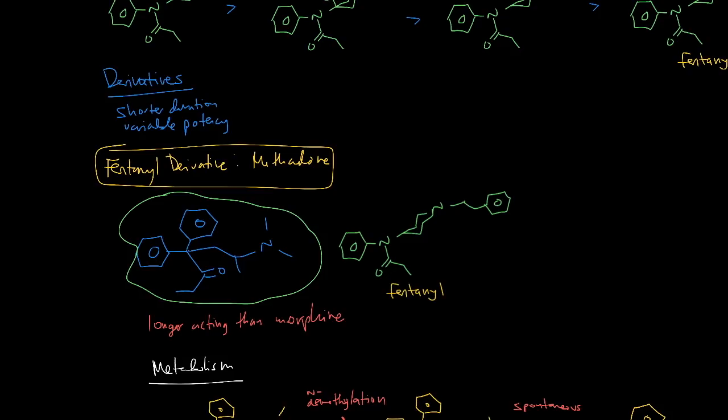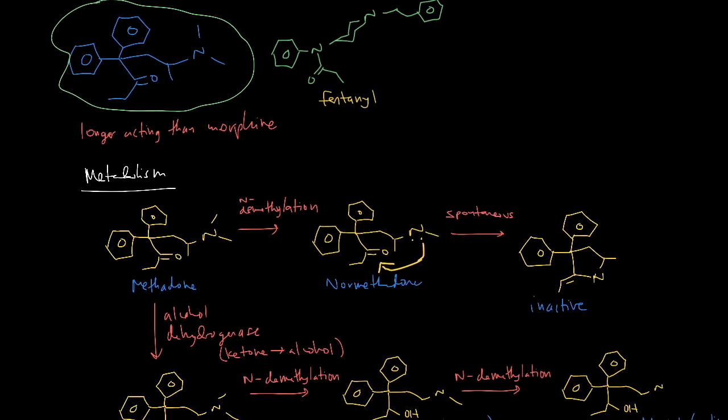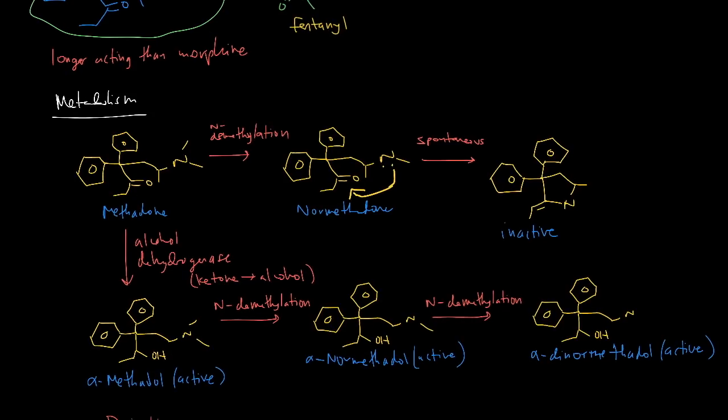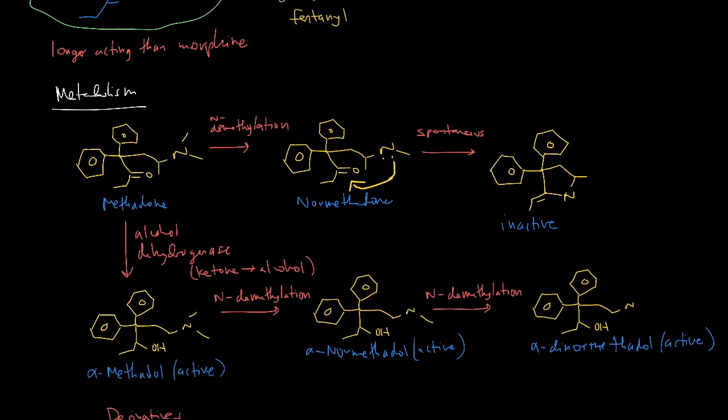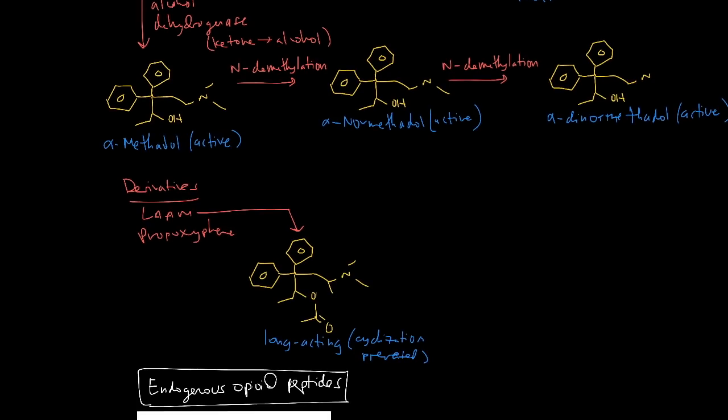The metabolism scheme, it can undergo demethylation and alcohol dehydrogenation and then demethylation. The only inactive product is straight up demethylation because this cyclization here, the lone pair of nitrogen attacks the oxygen to form the cyclized product here, which is inactive. Your derivatives include LAAM and propoxyphene. This is actually longer acting because